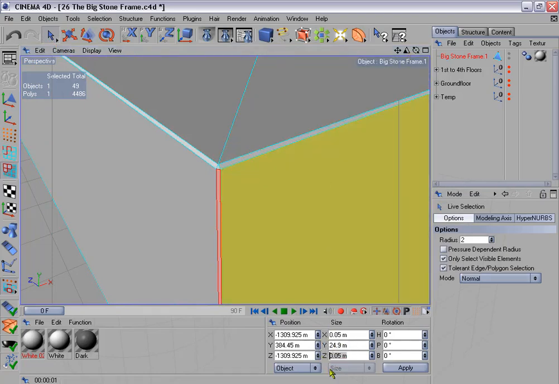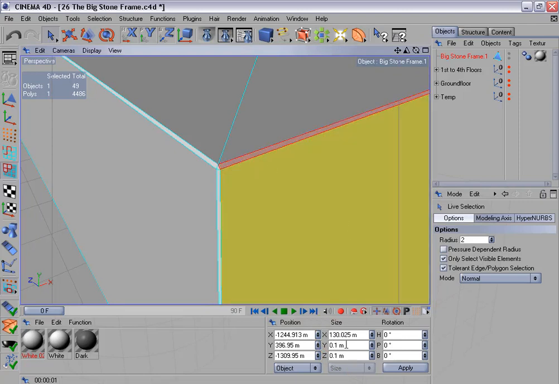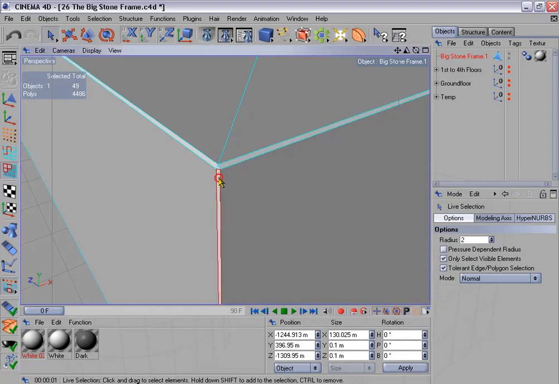Okay, and if you go to the polygon mode and select this polygon at the corner, you can see that this is 0.05 on the z-axis and on the x-axis. And if you select this polygon here, you can see this is twice the size on the y-axis and on the z-axis. So if you want this bevel here to be the same size as this one, what you could do is go to the edge mode and select this edge here,